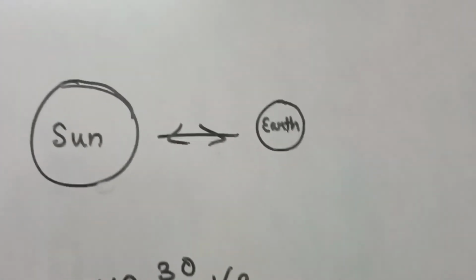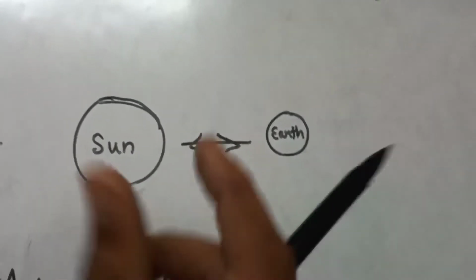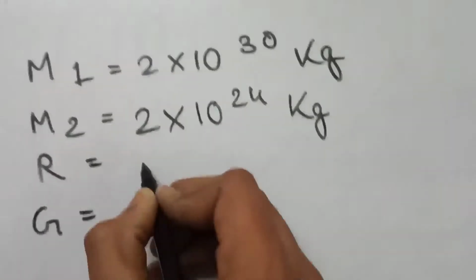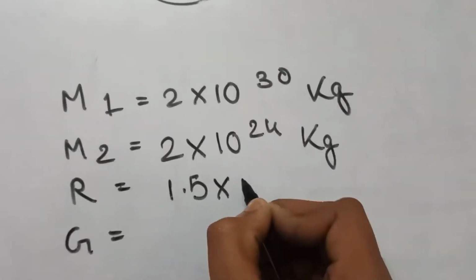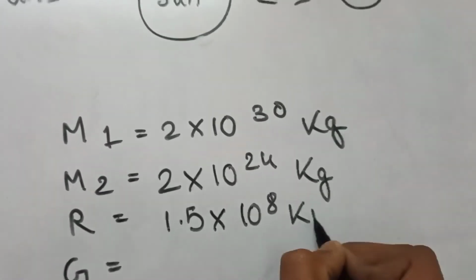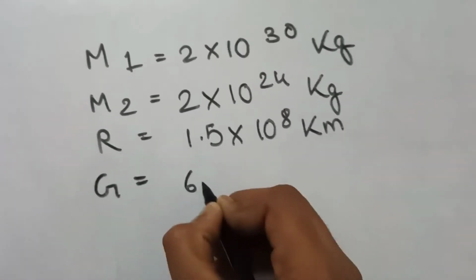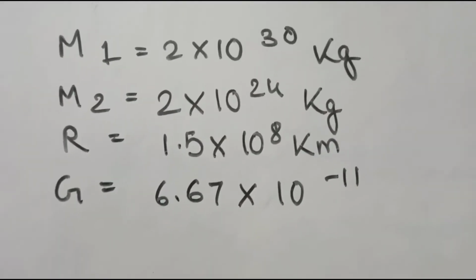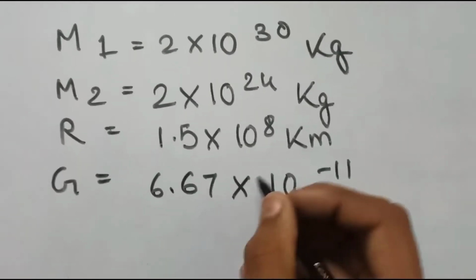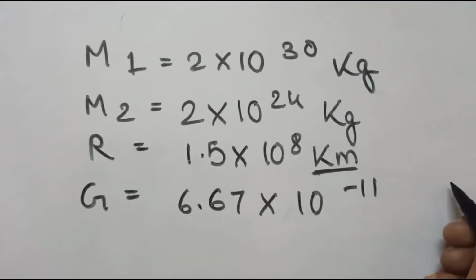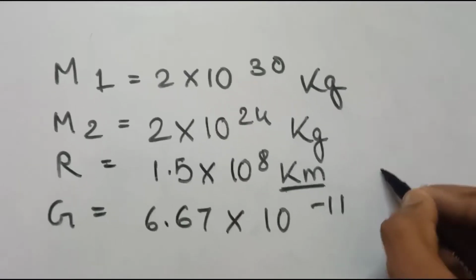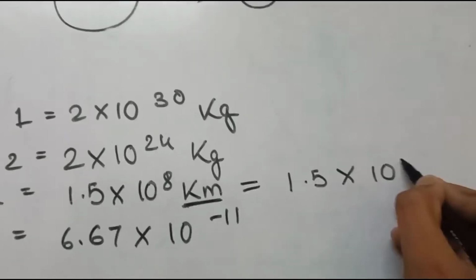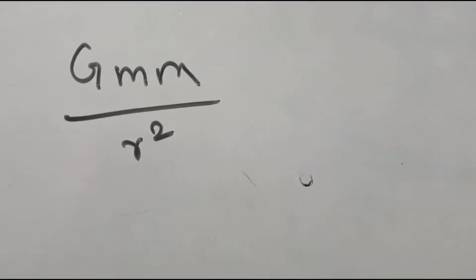And अब इनके बीच की जो distance है वो पूरे साल तो same रहती नहीं है, because Earth revolves around the Sun, so distance between them keeps changing. So here हमें एक average distance दे दी गई है which will be the r between them, which is 1.5 into 10 to the power 8 kilometers, and the G as always is 6.67 into 10 to the power minus 11। इस क्वेश्चन में एक चीज़ different है जिसका आपको ध्यान रखना है कि r की जो value है किलोमीटर्स में दे रखी है, तो उसको question को solve करने से पहले उसको हमें मीटर्स में कर लेना है। So this will be equal to 1.5 into 10 to the power 11 meters।